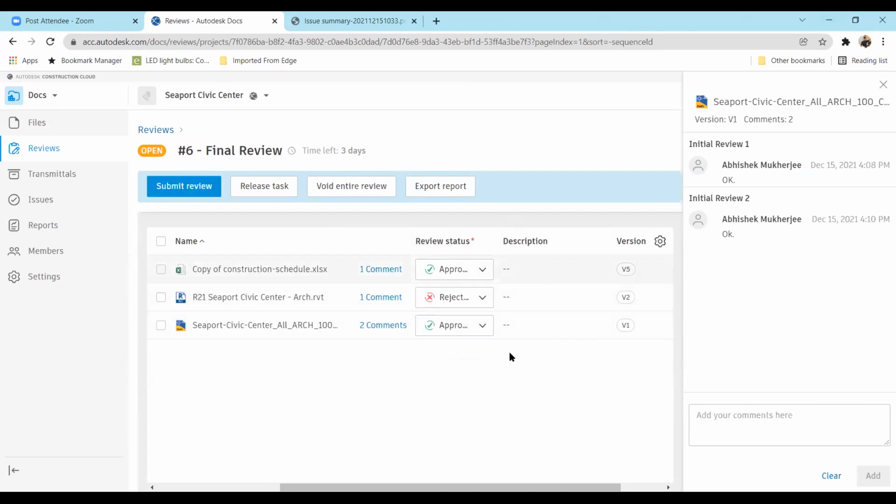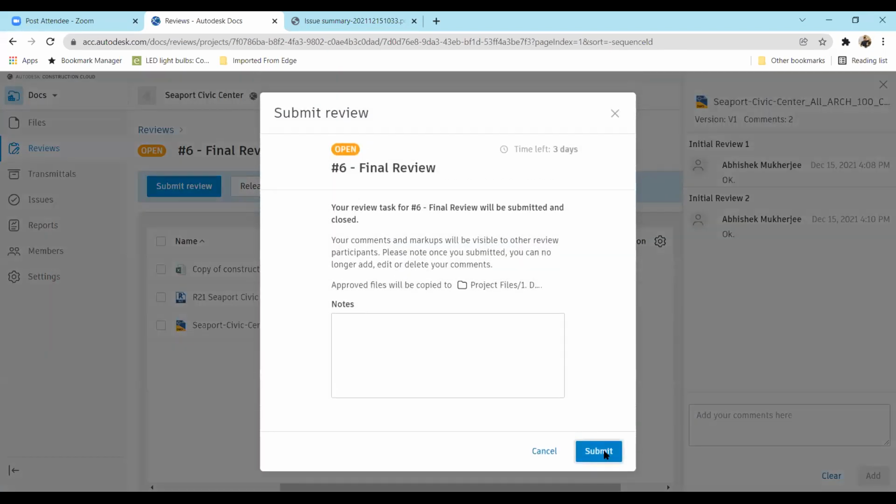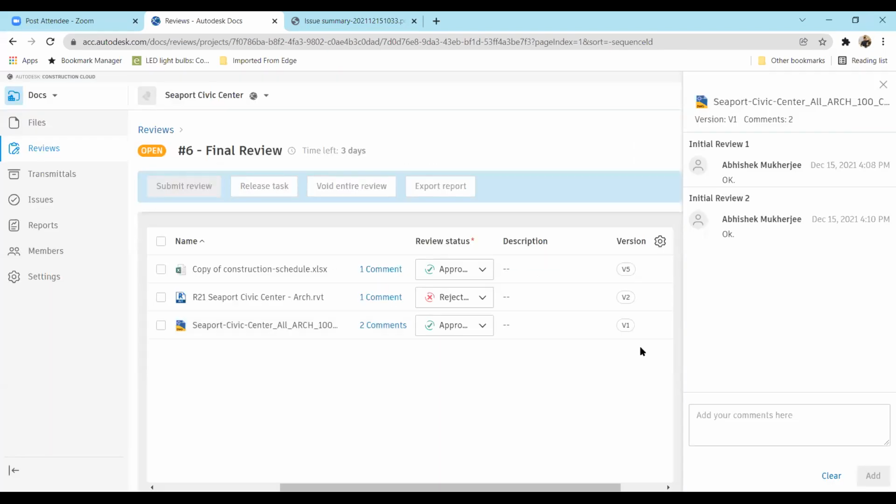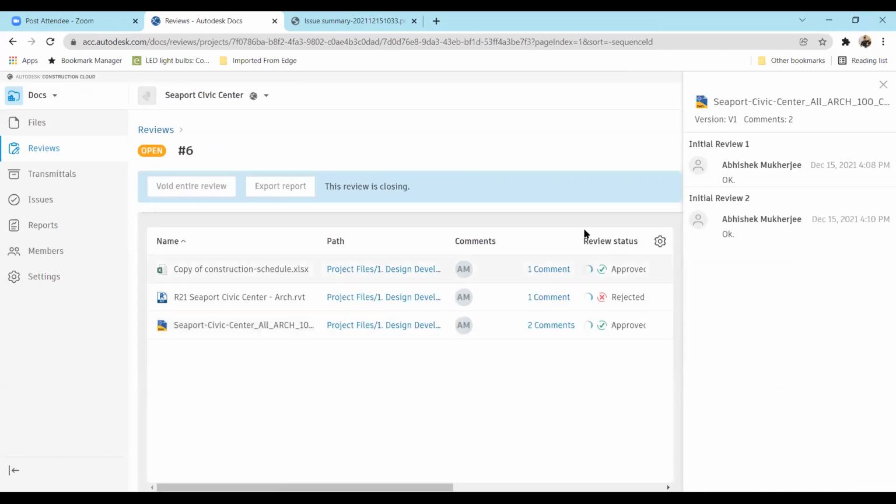So depending upon the action set by us in the approval workflow, this will either go to some folder or subfolder, maybe from work in progress to shared, or it may just stay there, but there will be a tag saying that this is approved and this is rejected. So I can now click on submit review and the review process will be complete. Essentially, there is no lag when I create anything over here. This other person is going to see the same things. Two people can open the same file and work on it at the same time. There is no issue in that.